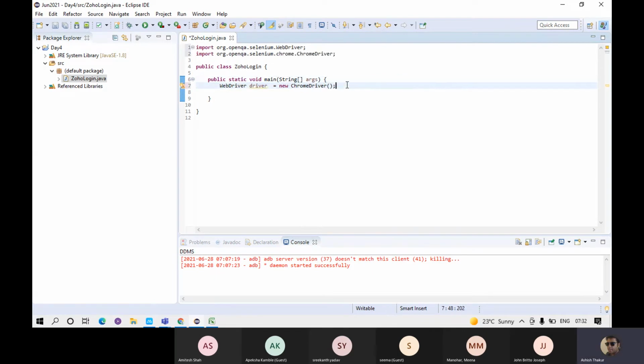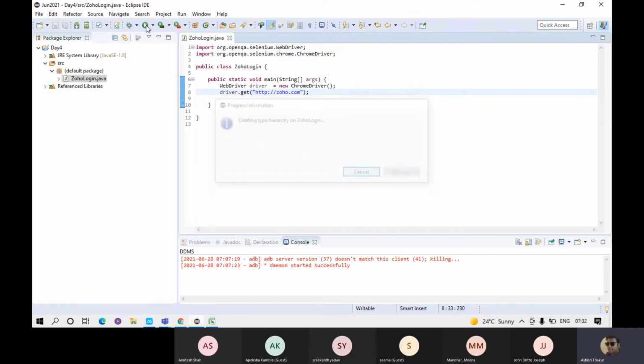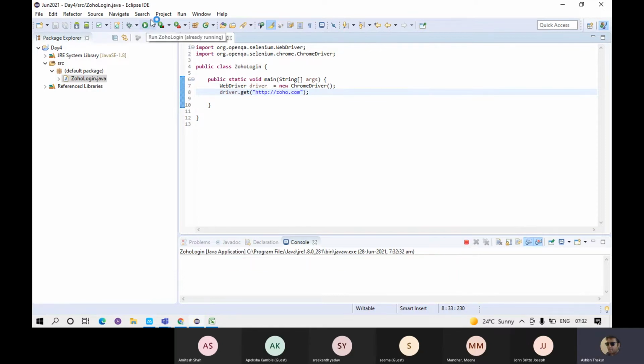Okay, and we move to the website, that is driver.get to http zoho.com. If I move over to this website and run this URL,